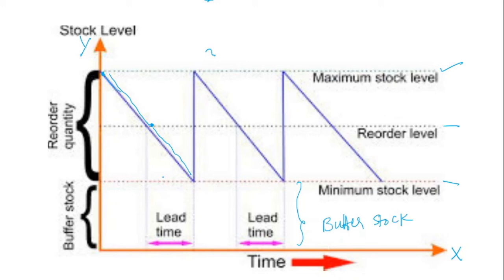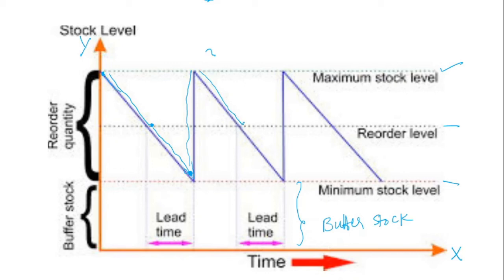The raw material is going to reach the minimum stock level. By this time the fresh order is going to be delivered to the firm. As and when the fresh supplies are received by the firm, the whole stock automatically increases and touches the maximum stock level. In the same manner, once it touches the maximum stock level, the production process continues again and the raw material comes down. As and when the reorder level point is reached, the order will again be given for purchases.